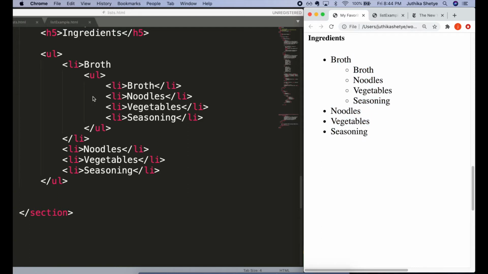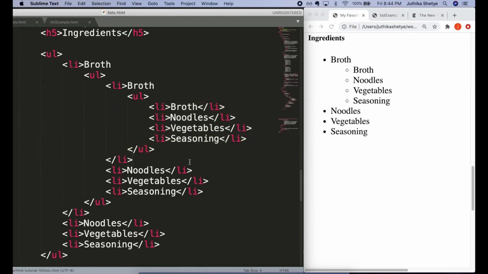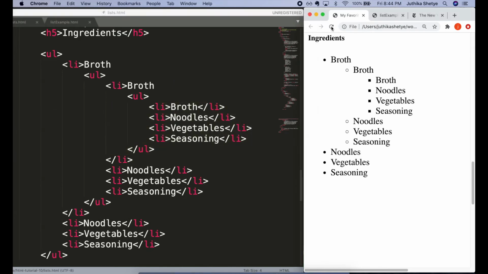You can also put another list inside this inner list. Let me show that to you quickly. Sometimes this kind of nesting also creates different bullet markers for the nested lists, as you can see in the browser. But it is completely up to the browser you use. Some other browser might render some other kind of bullets.